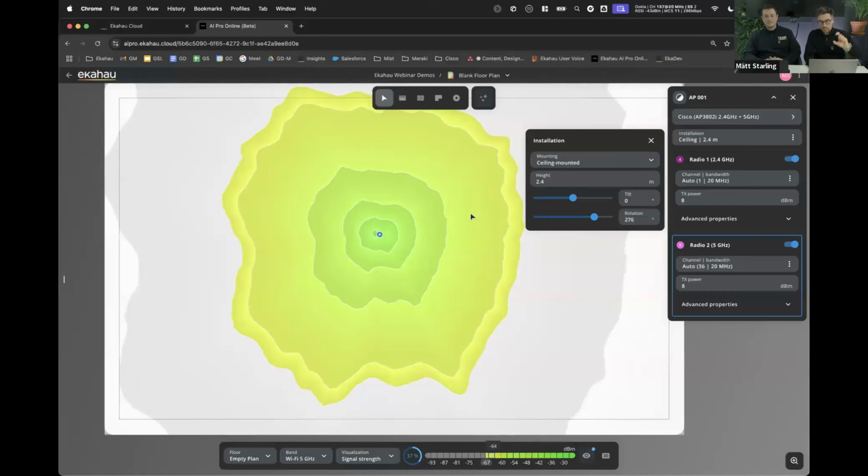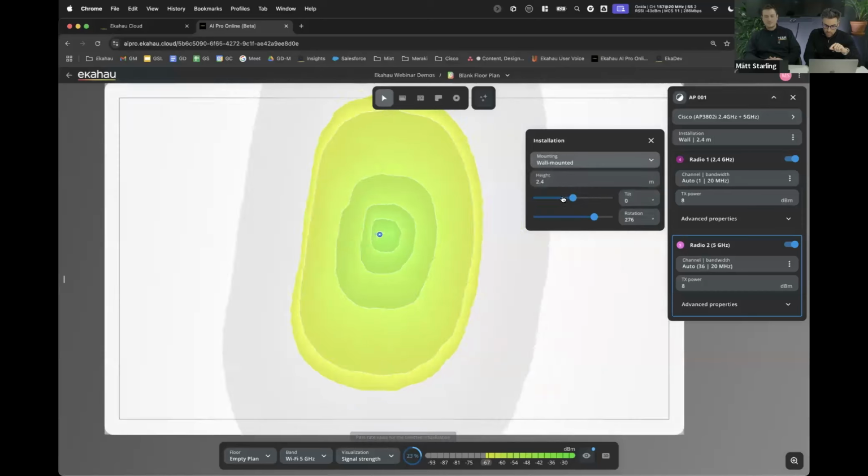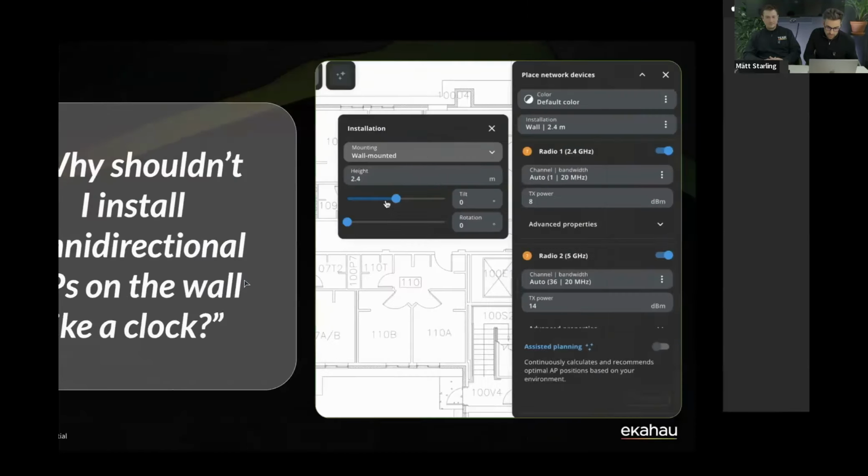So horizontally installed underneath the ceiling. And watch what happens to the radiation pattern now if you change this Omni AP to being on the wall. So now rather than spreading the coverage out horizontally, when you put it on the wall like a clock, you actually have better coverage going up and down than you do covering the floor that you're on. So this for me was a great way when I was learning in the ECSE classes to visualize the impact of installing these types of access points incorrectly. So hopefully that helped you as well.